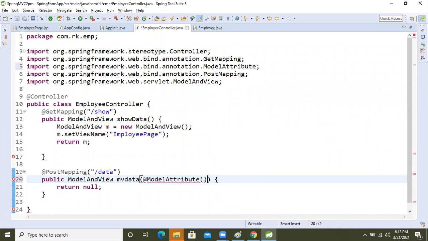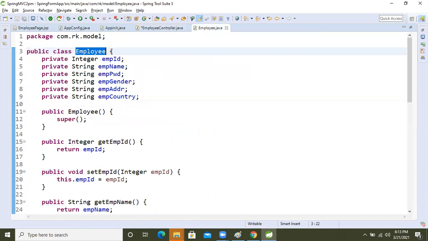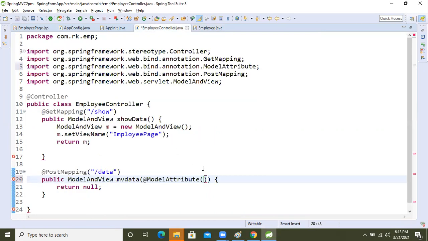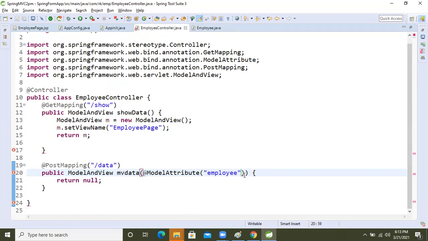Inside that, I said that our MVC class, first letter will be small, employee, that object, because based on the form we make the input.